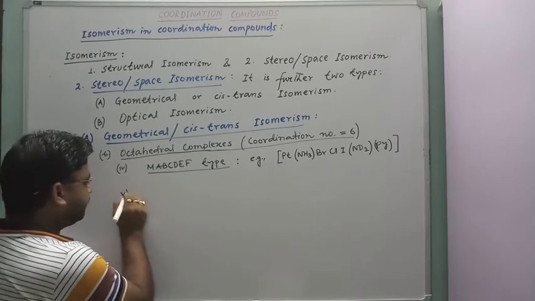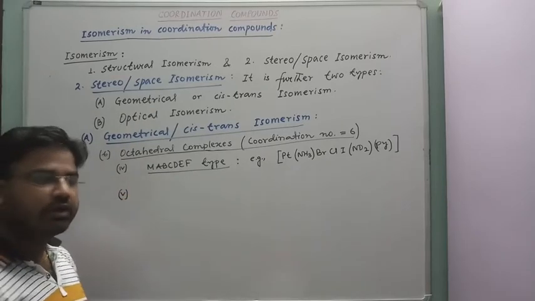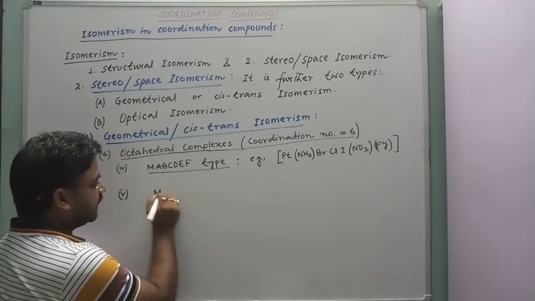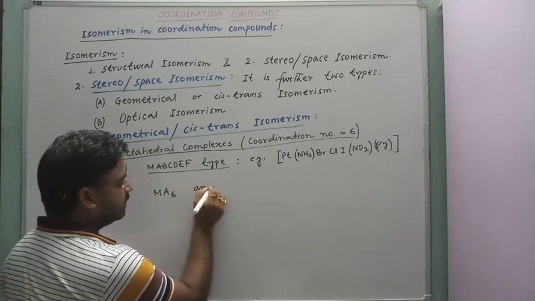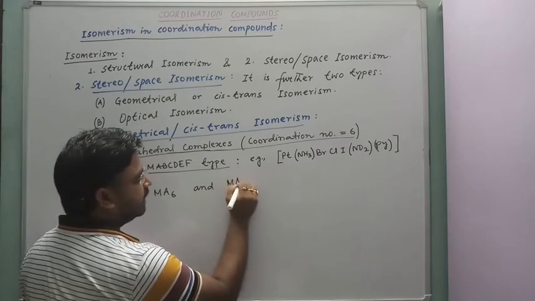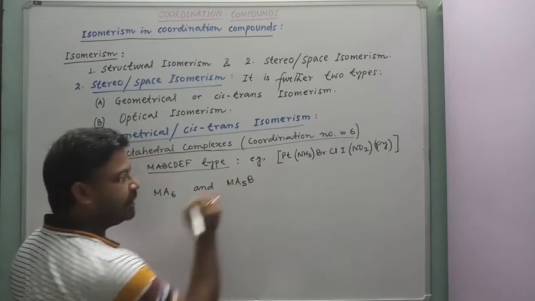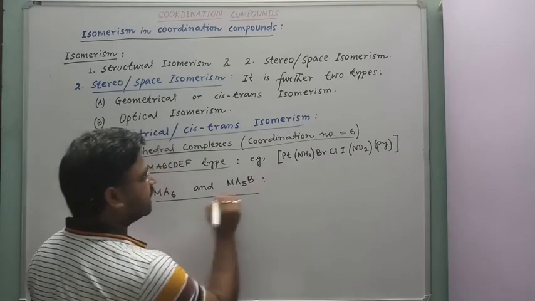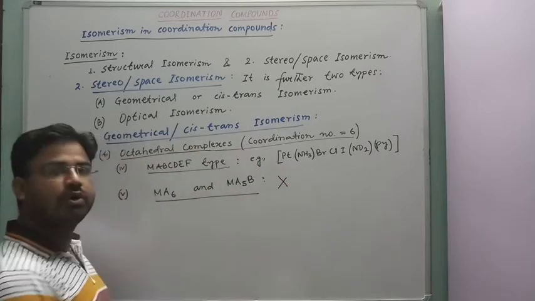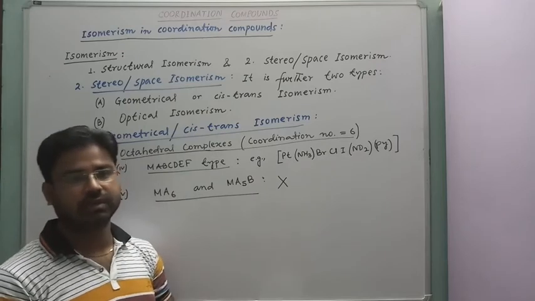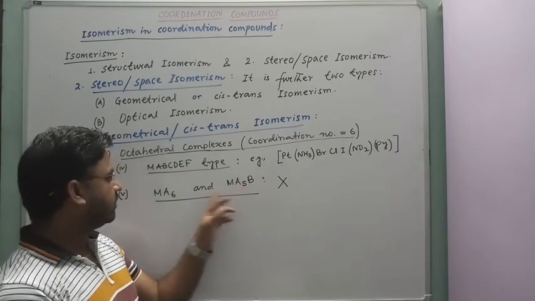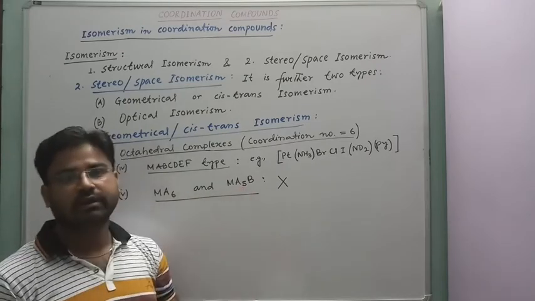Again, number 5, octahedral complex with MA6 and MA5B. MA6 and MA5B would not show any geometrical or cis-trans isomers because all the positions are